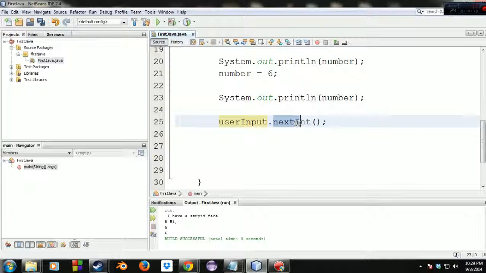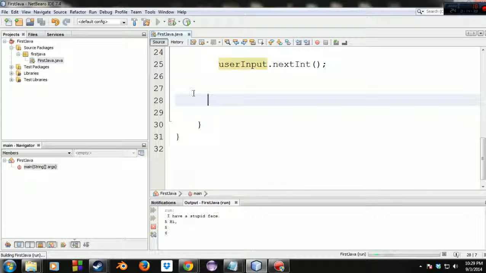called nextInt, which is just a method being called that says, hey, tell the processor or the operating system that we need to wait for user input. So this will actually halt the program until input has been given, and then it'll finish to the end of the program and then stop. So we run it, it does what it's supposed to do, but you see right here, it says run, the program is still running. So if we go down here and click into the console, you see we have a cursor. So then we type in 45, and then it's